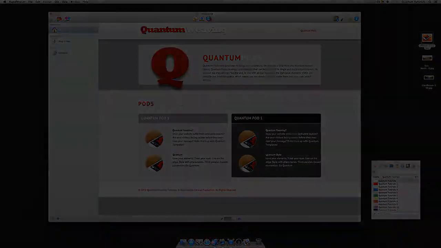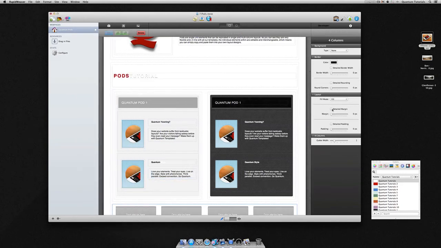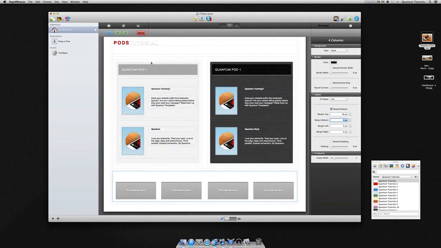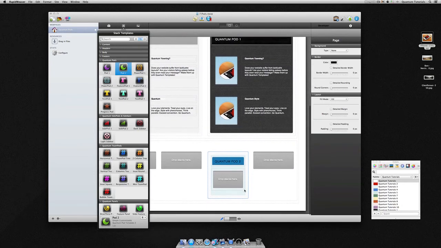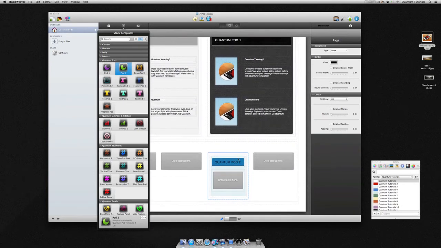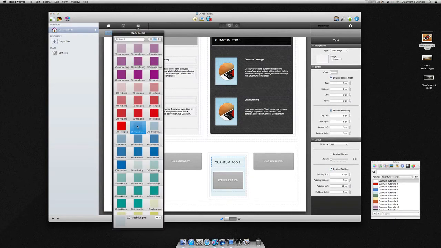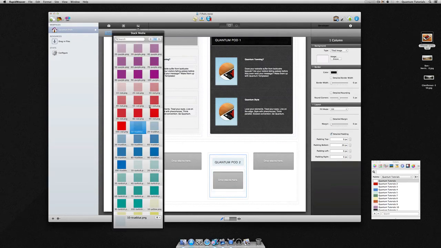Quantum Pod 2, let's add a 4-column stack at a 50 pixel top margin to bring it away from the pods above. We'll now add a Quantum Pod 2 to one of the columns here, and again instead of using a solid color, let's go for a nice pastel-y effect with these opaque tiles. Let's go for a 10% true blue there, and then for the whole background again tiled image, and we'll go for 10% blue there, and